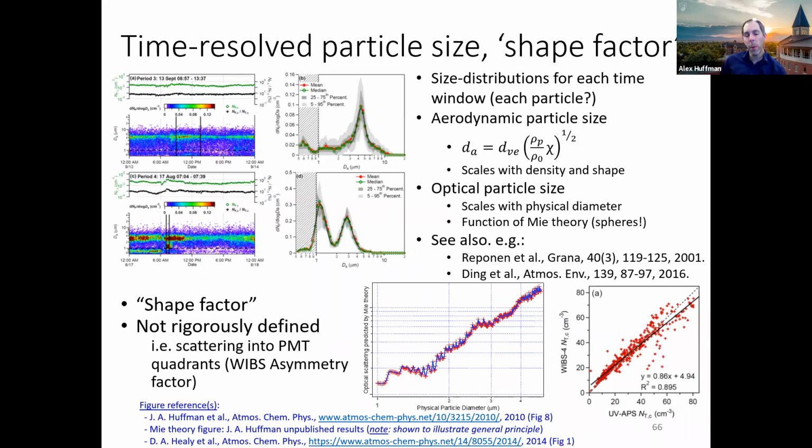So like I said, one of the purposes of using some kind of a real-time technique is to be able to get two things among others. One is time-resolved particle information, especially time-resolved particle size, which is great. And so on the upper left, it just shows an example where you can see the particle size in the right parts of the size distributions, the right parts of those upper left quadrant. You see on the x-axis, you have particle size. And so there's two size distributions, one which have on the bottom, which has a double hump, and the one at the top that has a single hump. And these are